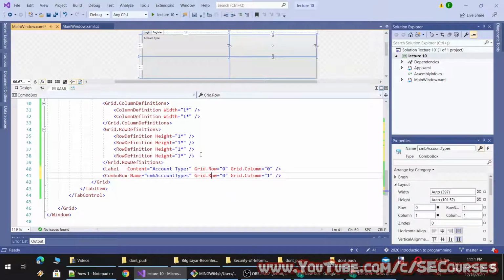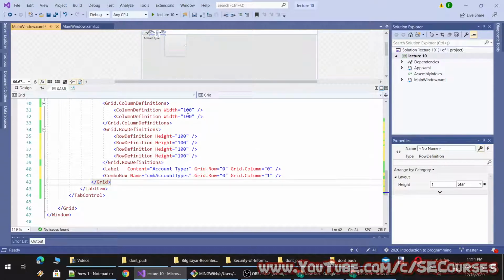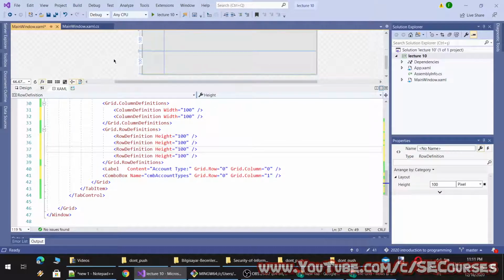And this is the combo box, but they are taking full space. So if we make it like this, it will not work. So let's make them like 100 pixels. Okay, so the width and the height of the row.